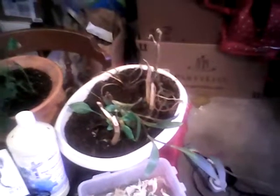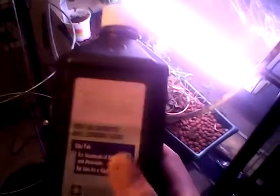Because I had that problem with the hitchhikers, I did a little research, and I found that if you get some hydrogen peroxide and dilute it down, it's very important that you make sure that it's medical grade and doesn't have other chemicals other than hydrogen peroxide and deionized water. You can get two of these for like $1. You add that to the water. I usually do about a half a cup to a gallon of water, and you can use it to control fruit flies, fungus flies,